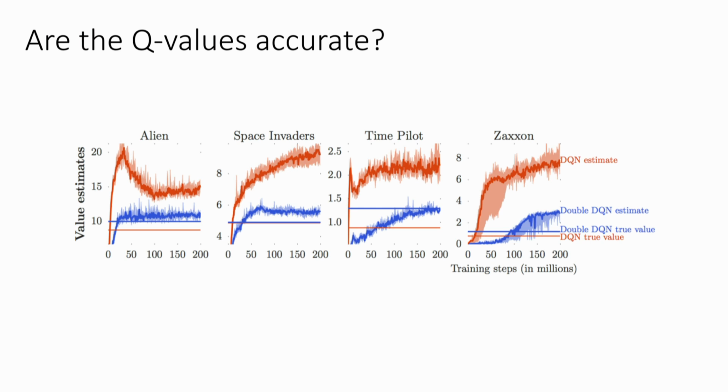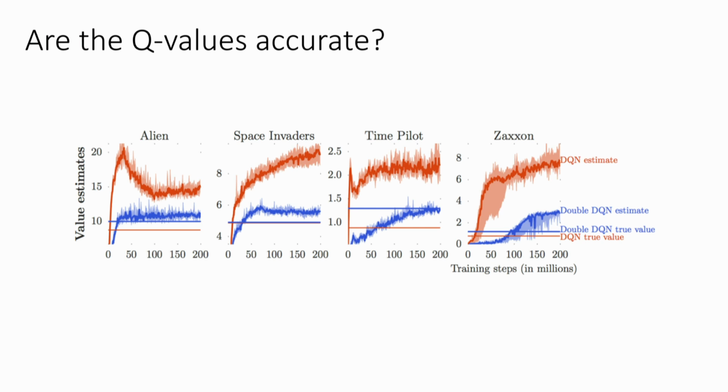But the max of my noisy function is always going to be bigger than the max of my true function. Because if my noisy function is a true function plus noise, when I try to find its max, I'm maximizing the function and the noise. So I'll always pick a point where the noise actually makes it seem bigger than it really is, provided such a point exists. That's the basic intuition behind why Q-learning overestimates.